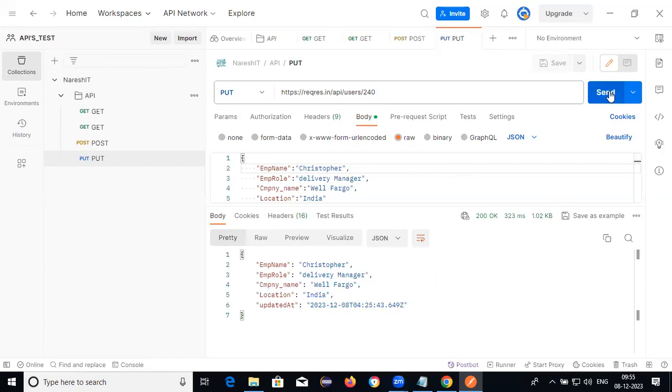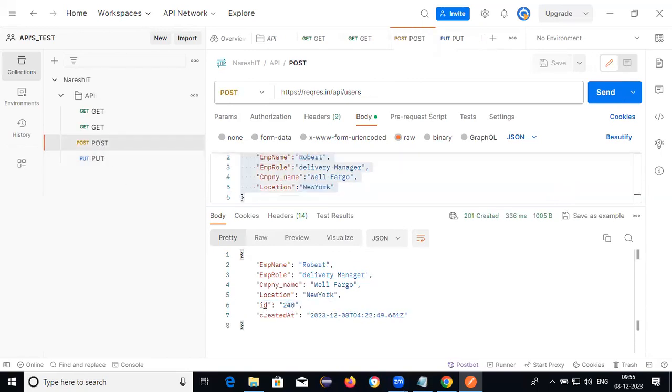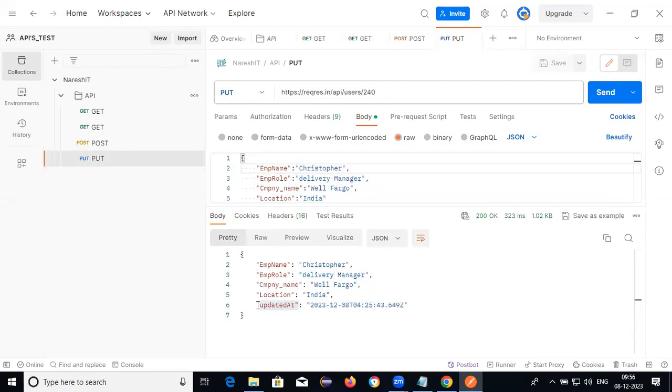Okay. Before, we got created. Now we got updated. Is it clear or not? Once you provide this data, whatever you update will be stored inside the database.